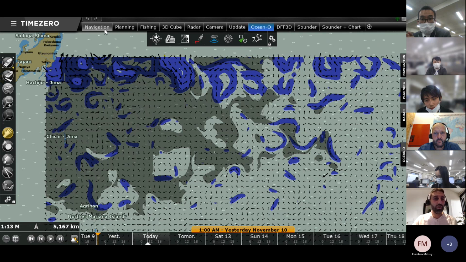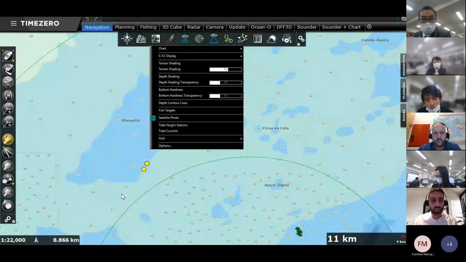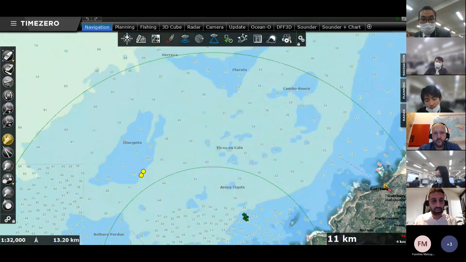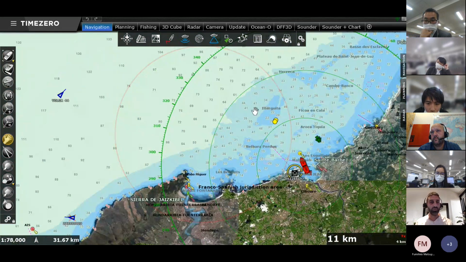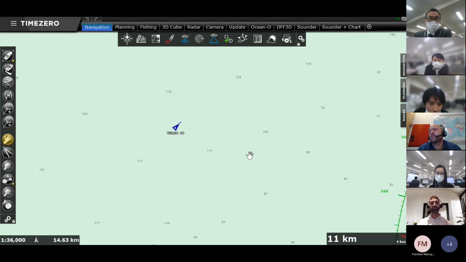So the first integration I would like to talk about is, I would say, the simple one, the AIS. TimeZero, of course, integrates with any type of AIS. With NMEA 0183, you can have AIS integrated, and this is how an AIS target will look in TimeZero.